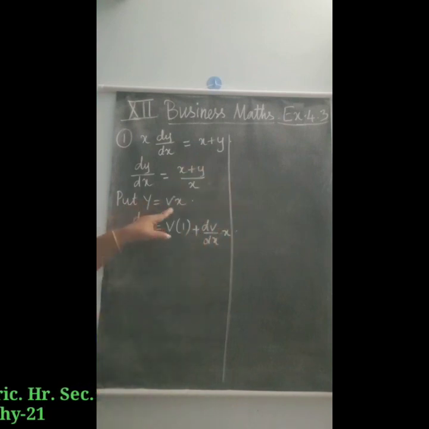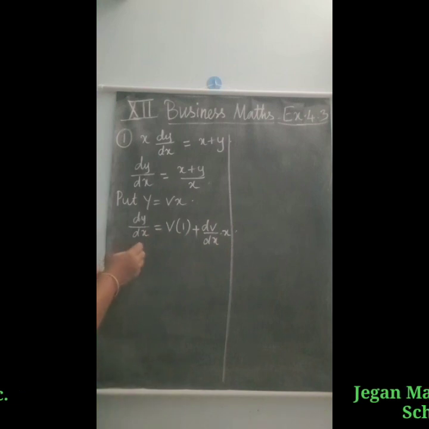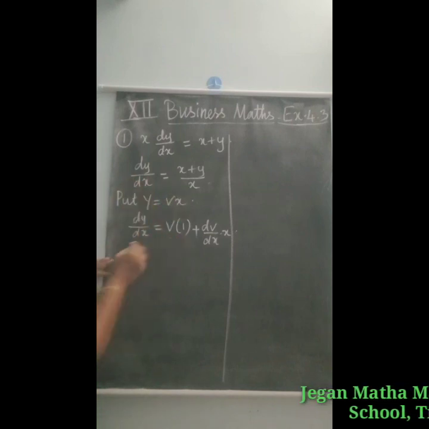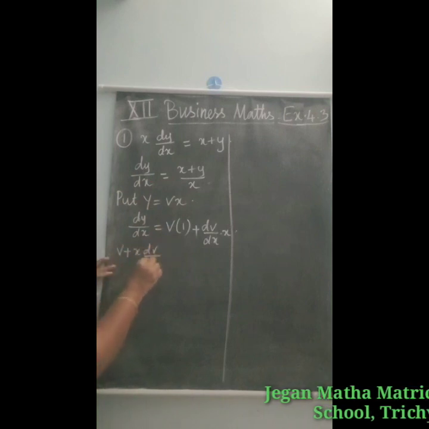So, put y is equal to vx, dy by dx is equal to v into 1 plus dv by dx into x. Now, instead of dy by dx, we have to substitute v plus x into dv by